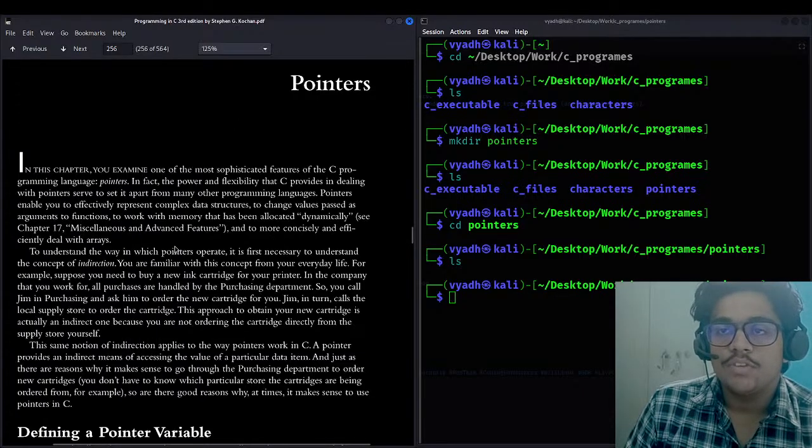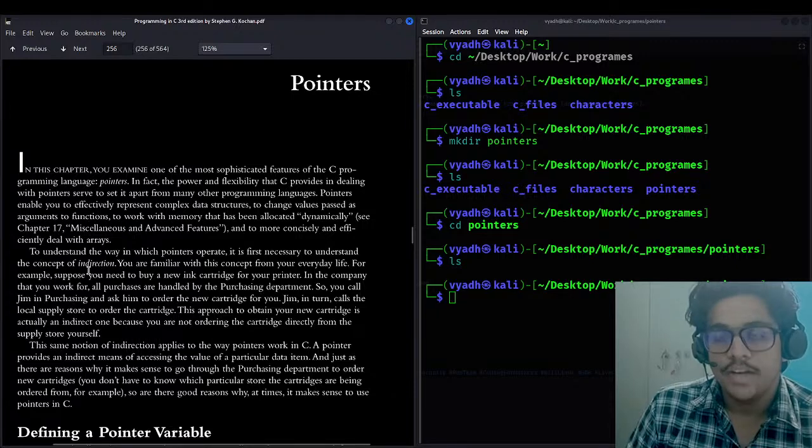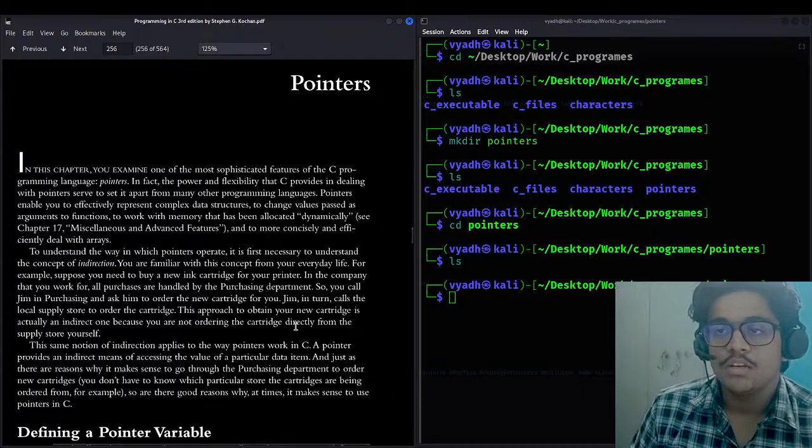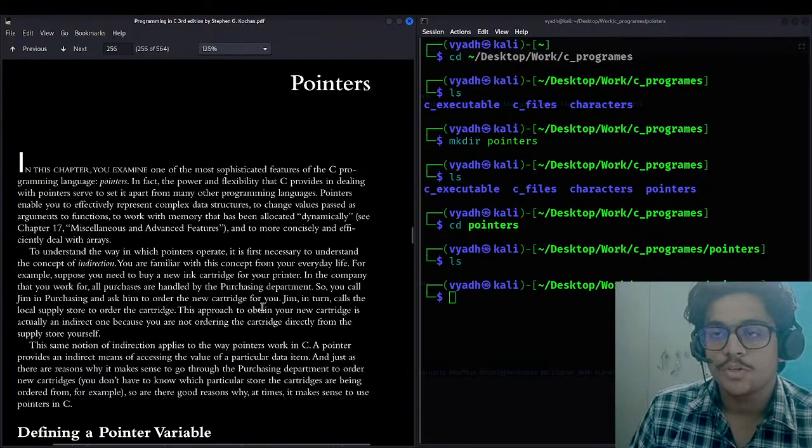To understand the way in which pointers operate, it is first necessary to understand the concept of indirection. You are familiar with this concept from everyday life. For example, suppose you need to buy a new ink cartridge for your printer. In the company you work for, all purchases are handled by the purchasing department, so you call Jim in purchasing and ask him to order the new cartridge for you.